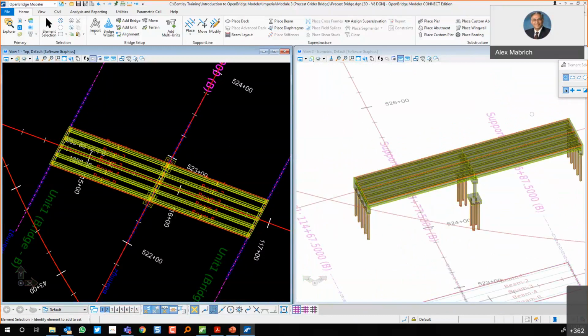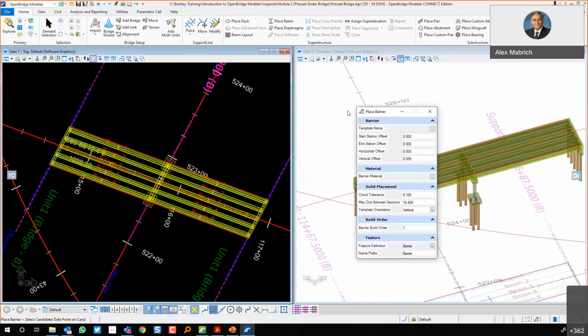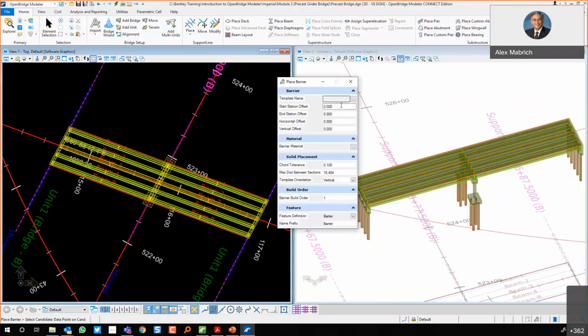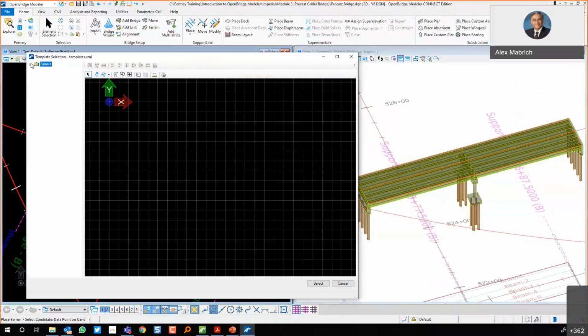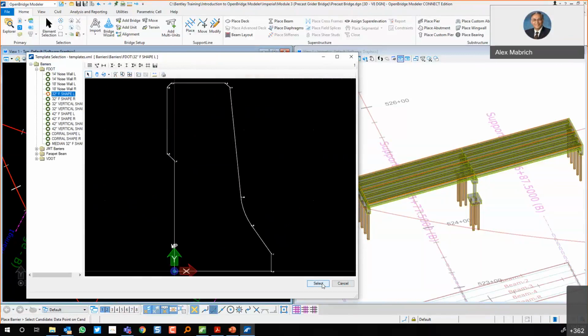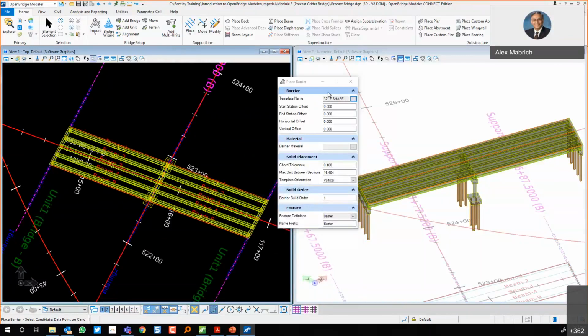We place barriers here. So place the barrier. Say what type of barrier you want to place, right? These processes have to be done twice for the left and the right. So I'm going to be biased here. And since I work from Miami, I'm going to pick a Florida barrier, right? So I'm going to place one on the left first. No offsets. I'm going to pick the material one more time from my material library,